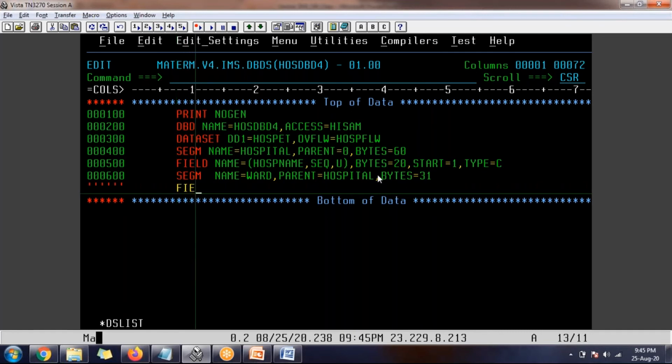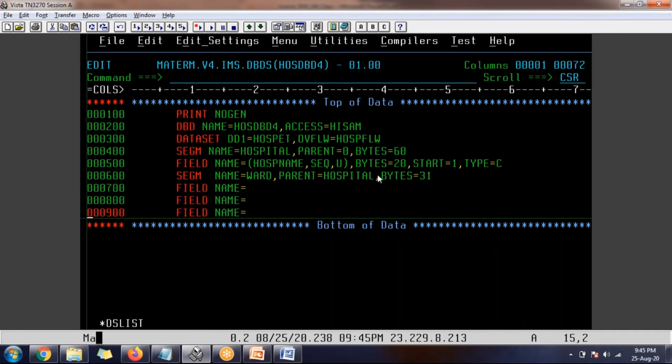Next, for field, I will go with the 3 fields. Team, name equal. So repeat. First field name is ward number. So again, one rule here, team: the root segment only should have at least one primary key. The rest of the segments can have a primary key, or may not. That is one point.